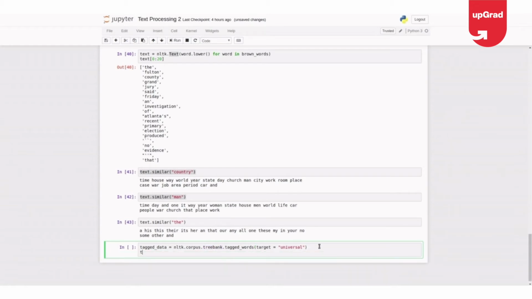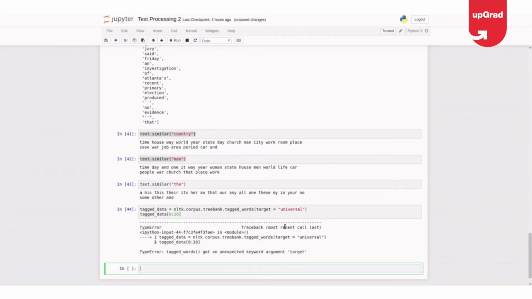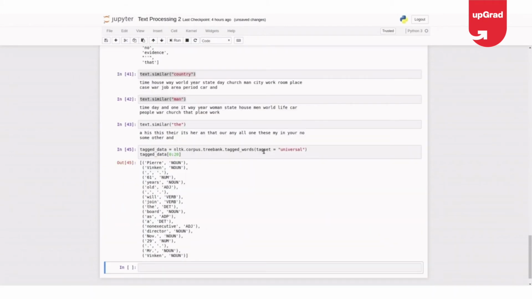Okay, let me check the tagged data of maybe 0 to 10 to 20. Sorry, I think I need to give a tagset. There are multiple tagsets available, and universal is the generic, default one.